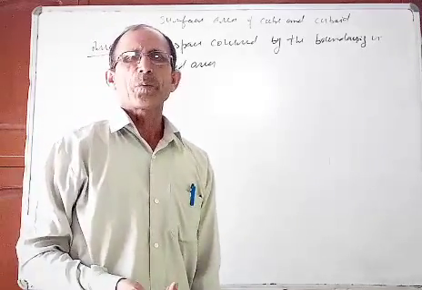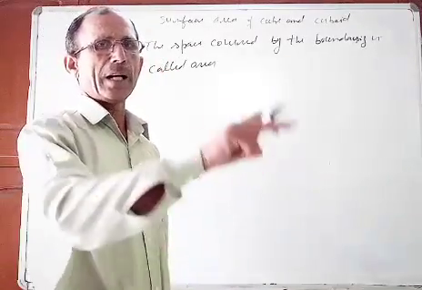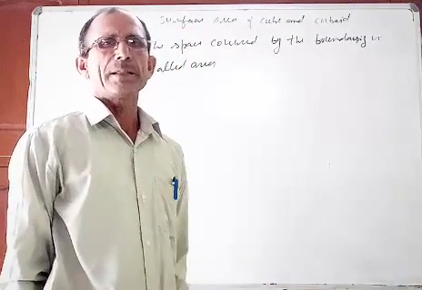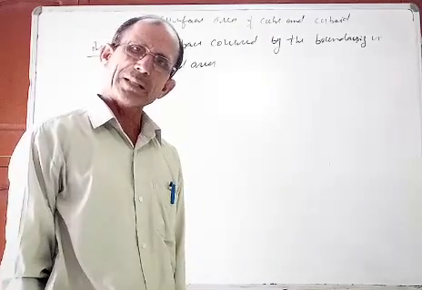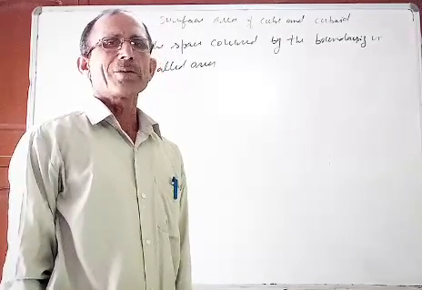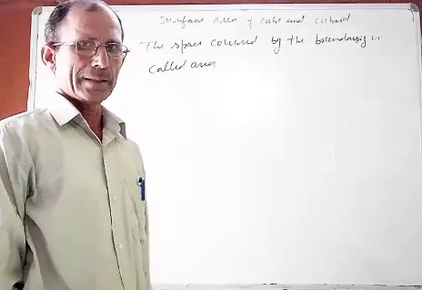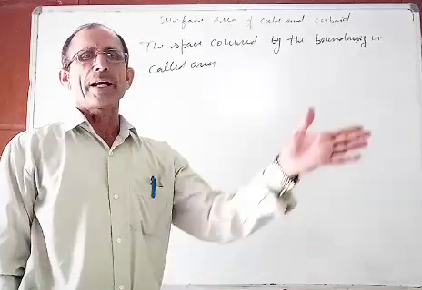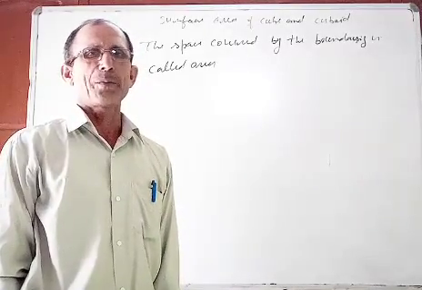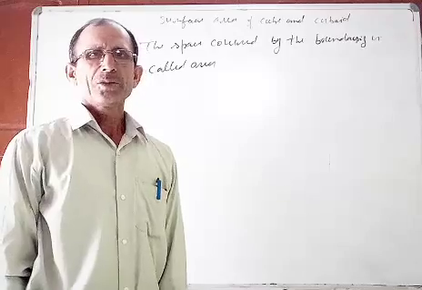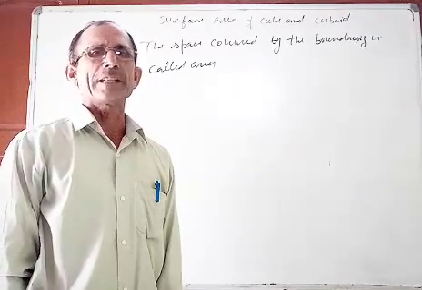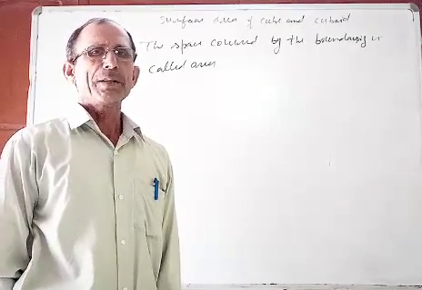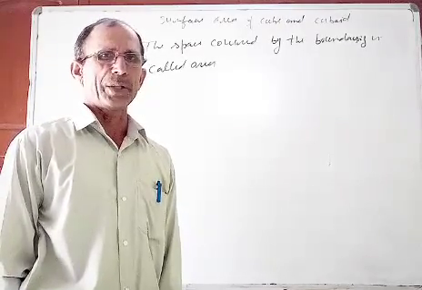The measuring unit of area is square. Area is always measured in square units. If meter is there, then square meter; decimeter, square decimeter; centimeter, square centimeter. In earlier classes you have already done questions related to area, how to find the area of a rectangle, a parallelogram, a square. So in this chapter we will discuss 3D shapes, it means 3-dimensional shapes, in which today we will discuss only cube and cuboid.